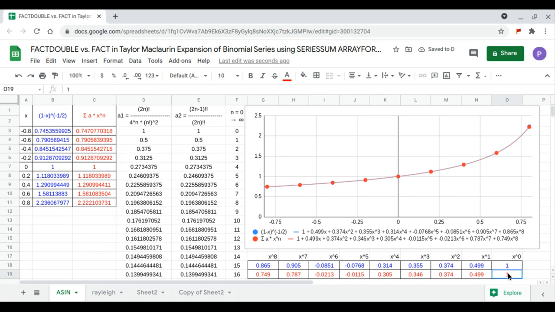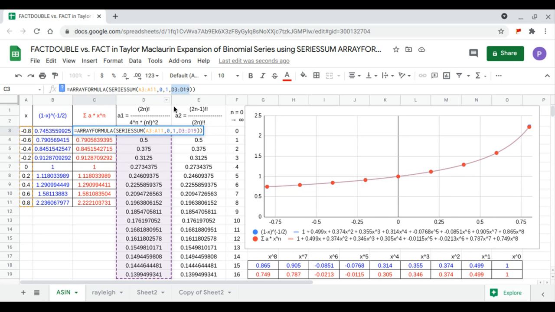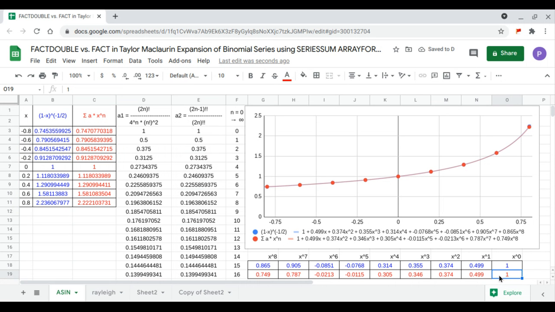You still get the same results, and it is still a good approximation of the binomial series. If we restore the double factorial, you still get the same results. So this completes the use of factorial in the Taylor-Maclaurin series expansion of binomial series using series sum and